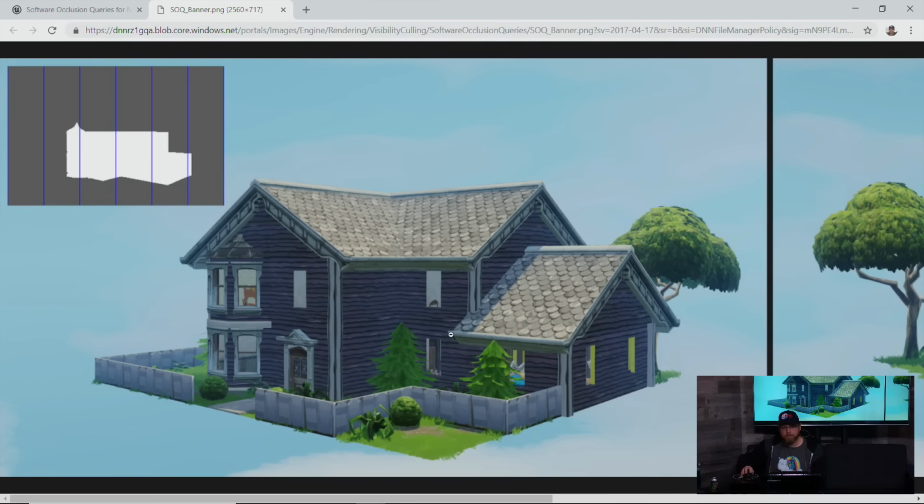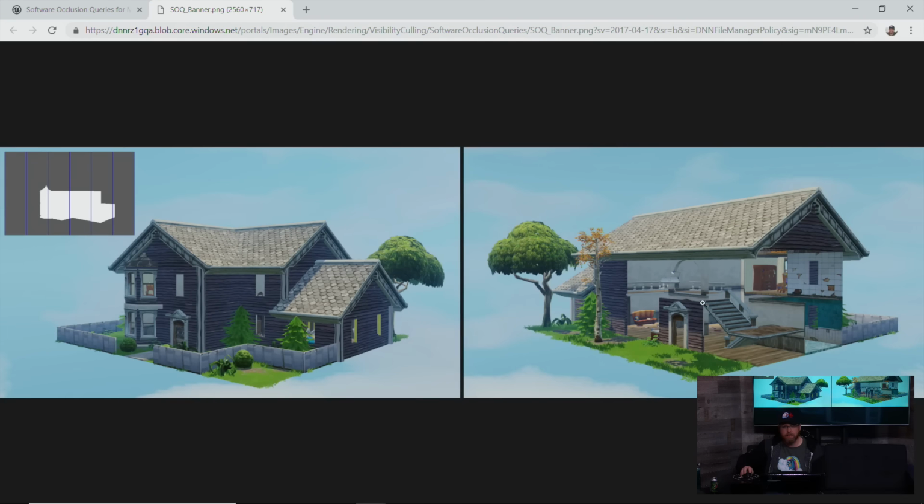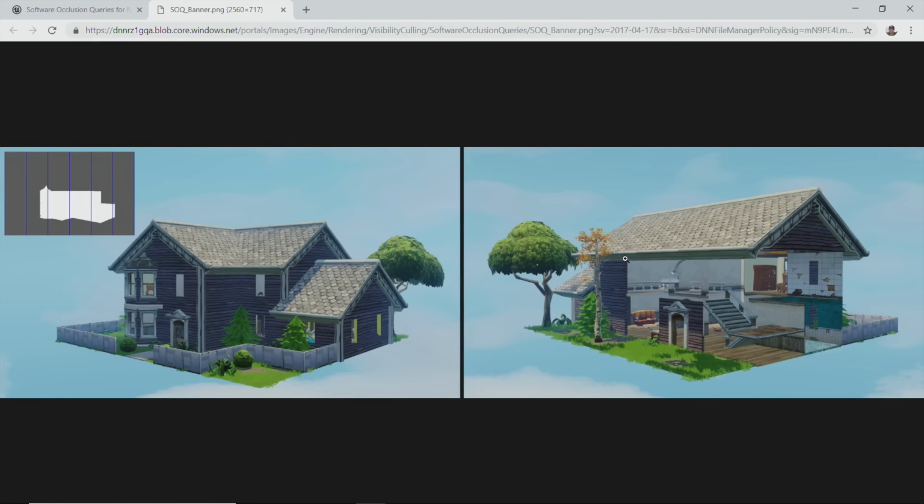If we scroll over to this side, this is the back side of the house, and we've set those front meshes up to actually be the occluders. When we freeze rendering, we can move the camera around while keeping the same original view that we had, where everything was rendered for our final image. If we move around the back of the house, you can see that things are no longer being rendered because they've been culled.